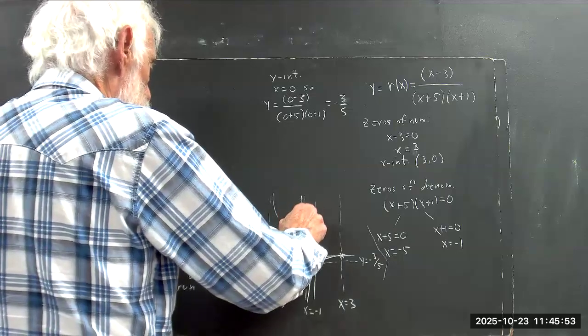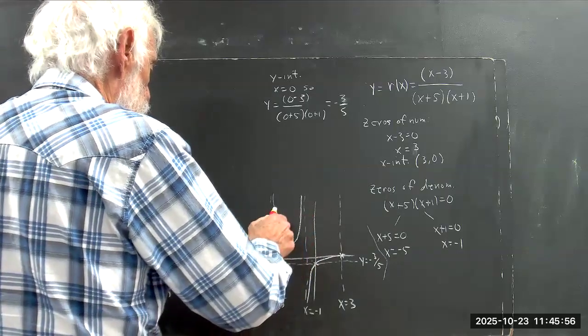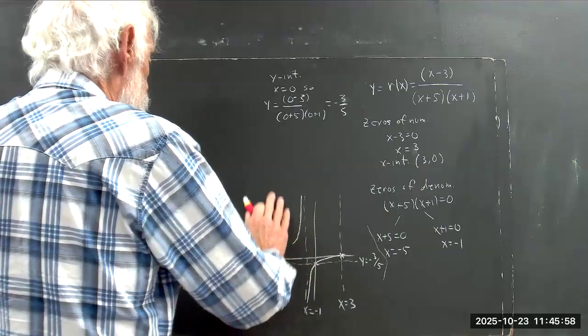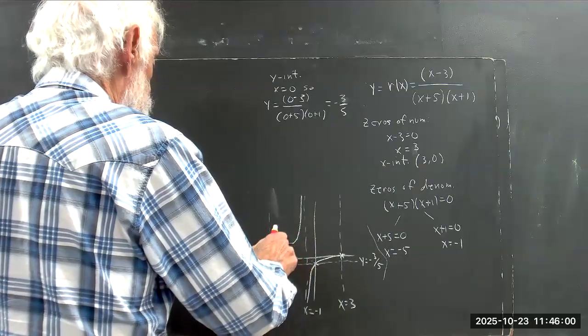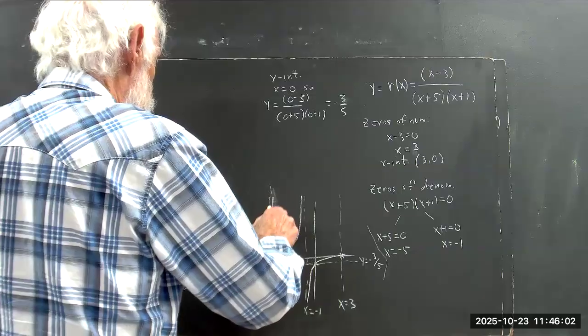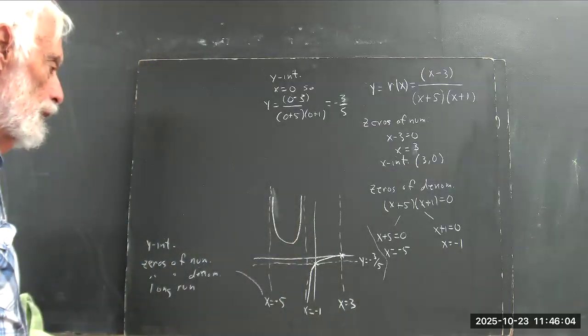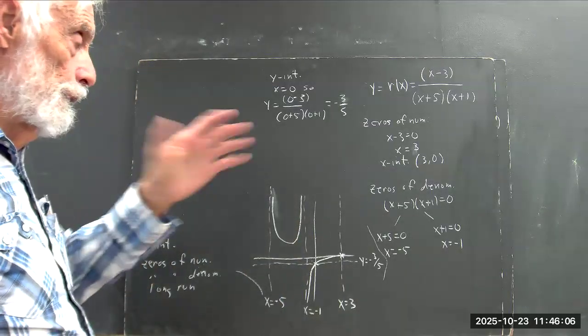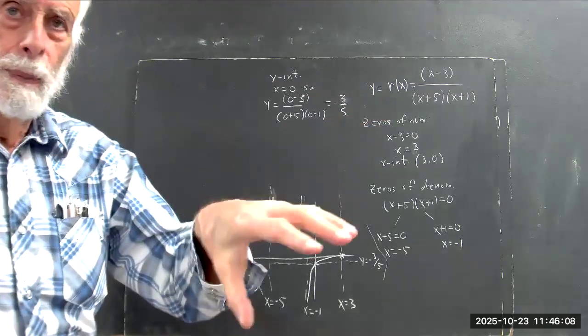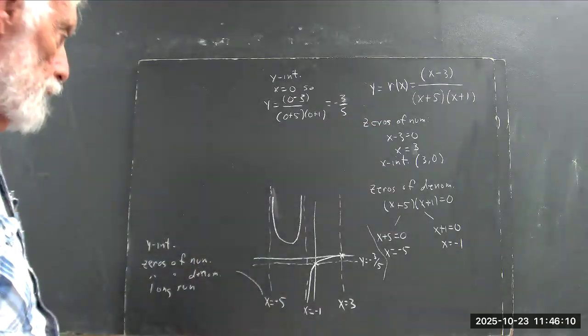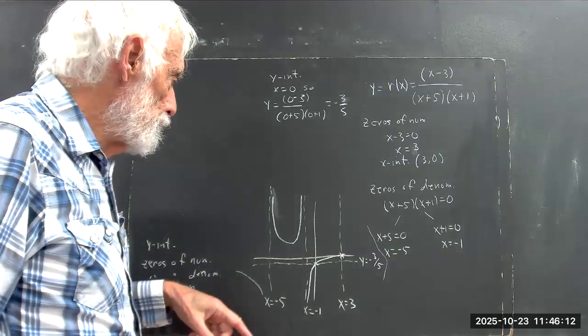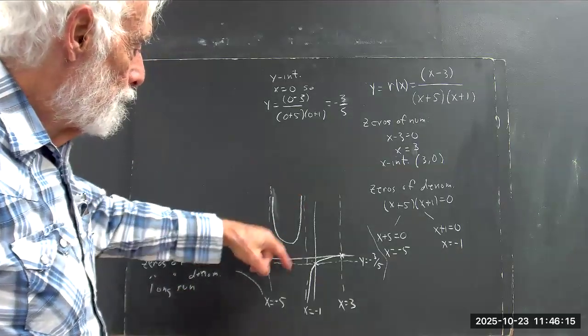So what's going to happen is it's going to come down from this asymptote, come down here and turn around, and it's going to come back up to this asymptote. It has to be that way, even if you don't understand what I just said about what the function is like near -5, you understand that